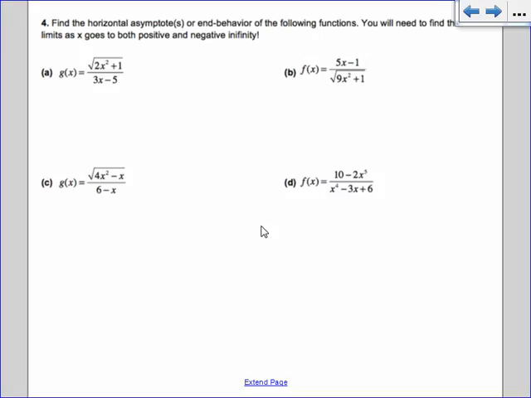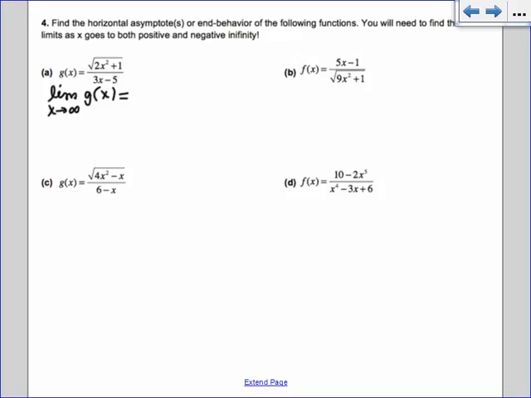All right, so this next page. So it says find the horizontal asymptotes or end behavior of the following functions. You will need to find the limit as x goes to both positive and negative infinity. So this is what you guys will have on your homework. You'll have both positive and negative infinity. So if I have the limit as x goes to infinity of g of x,